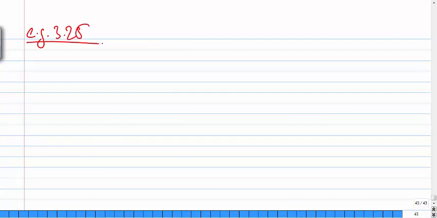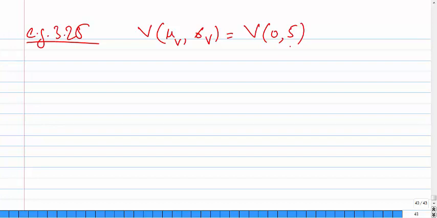So this is another example where the output voltage of a microphone is a Gaussian random variable V with expected value 0 and standard deviation 5. So we have a random variable V with expected value mu of V and sigma of V equal to N(0, 5). Now the microphone signal is input to a limiter circuit with cutoff values of plus minus 10. So that means that